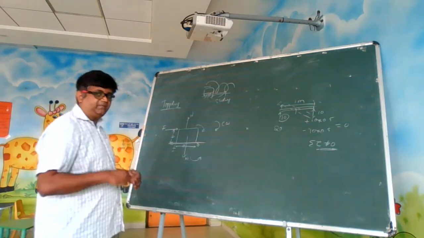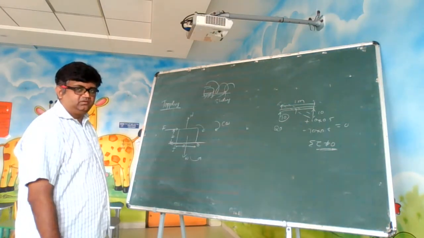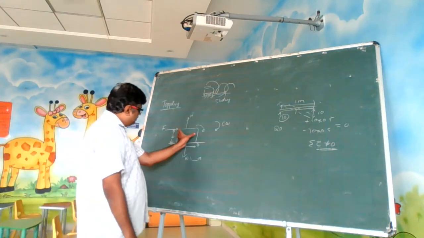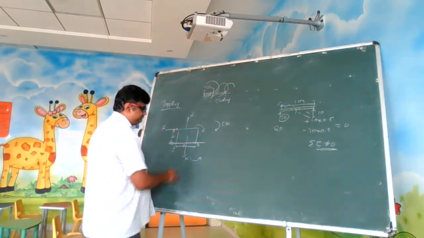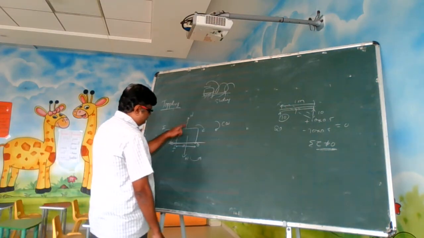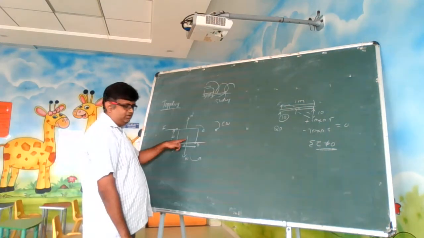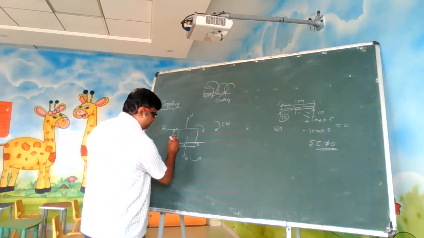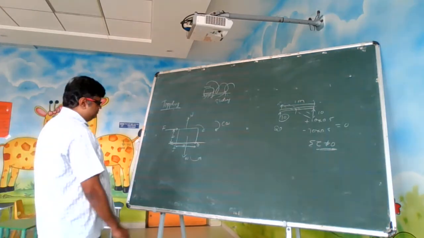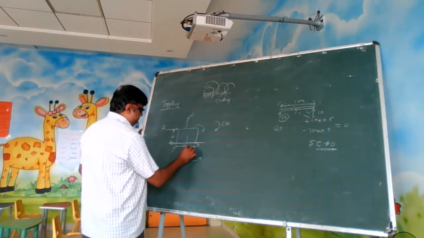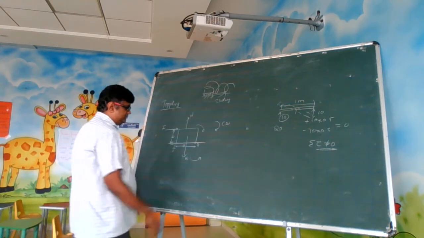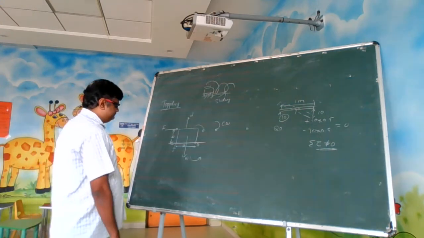The moment some unbalanced torque is created, this block will be toppled about this point. So actually what happens is, this normal reaction which is supposed to pass through the center, it will shift. Okay, so you see, this is creating a clockwise torque,